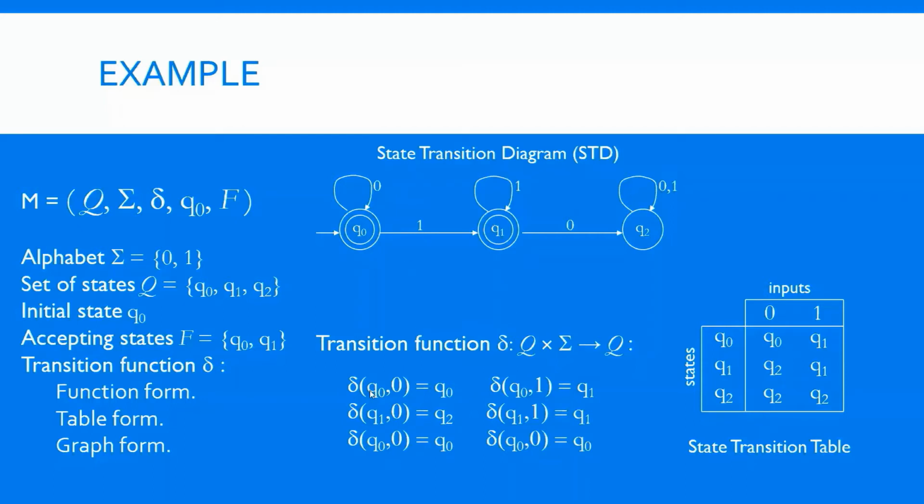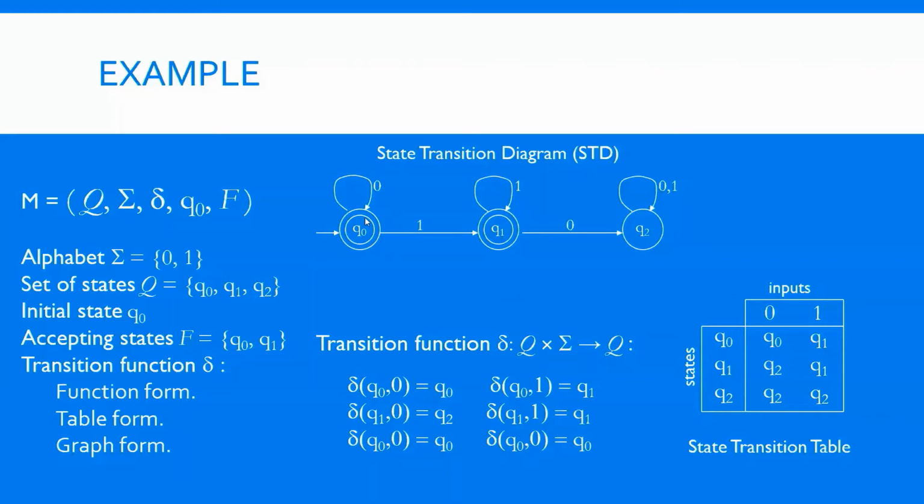You can give your parameters as state and the symbols, and you can give a function name, or call it transition function or something. Then you will give the logic. If you are in Q0 state, reading 0, and you are saying you go to Q0, then you will write delta Q0 0 equal to Q0. Is it clear? The first rule.